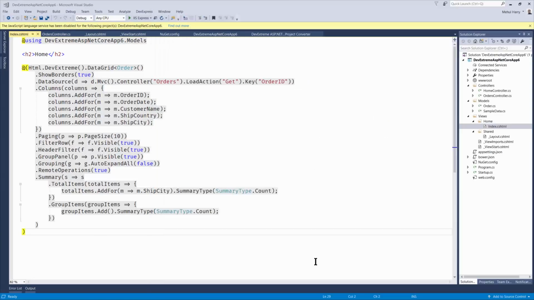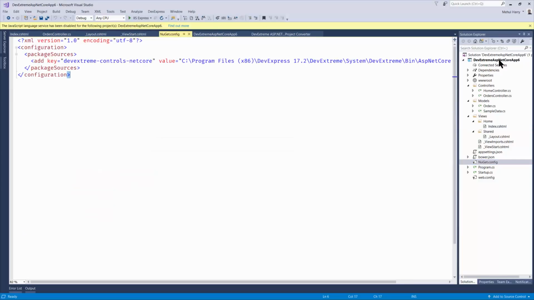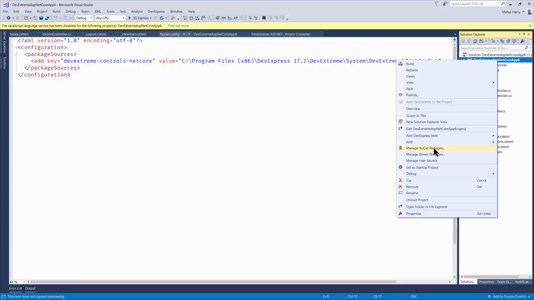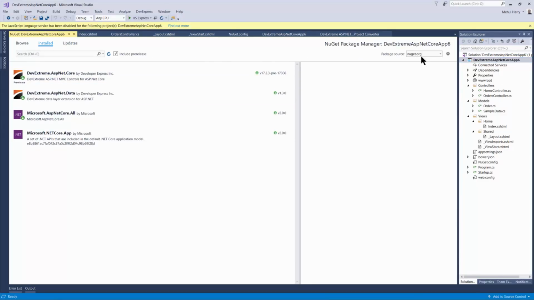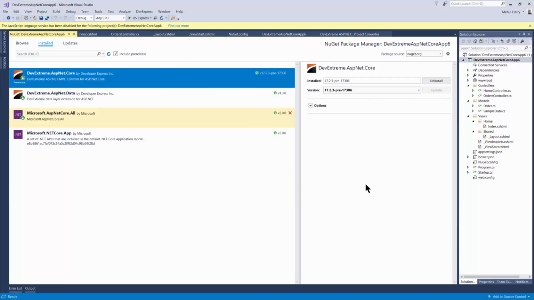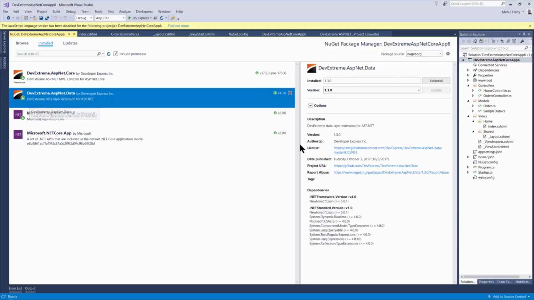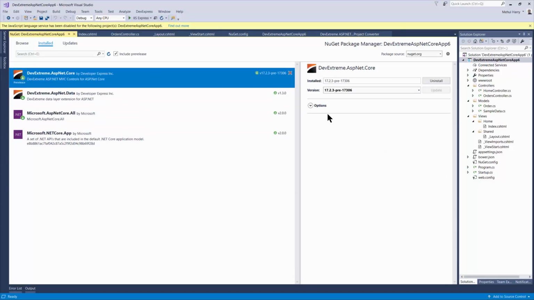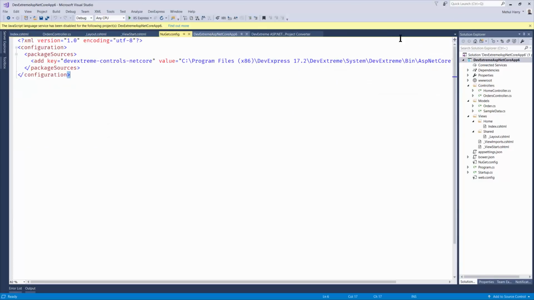Now, I want to make one other mention, and that is that what's nice about these project templates is when you've got DevExtreme installed locally, that's where these project templates are installed. And we also install the NuGet packages locally so that you can get at them. Now, of course, you can always get them via NuGet. So if you want to go to NuGet and see, hey, can I get this from NuGet? Well, of course, once we release them on NuGet, they'll be available. But sometimes some of the early beta stuff you might only get through DevExpress. Okay, that said, let's talk about